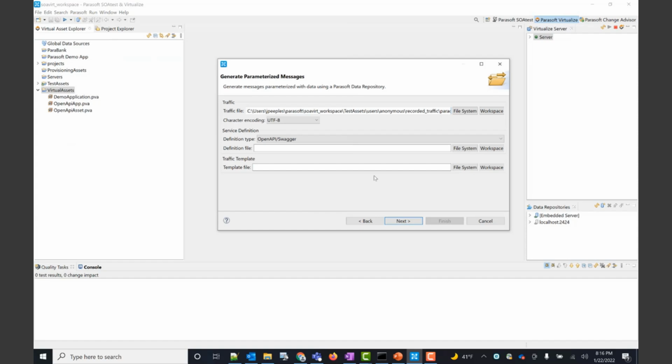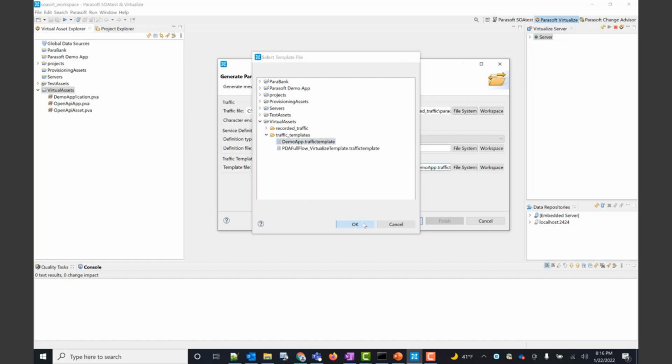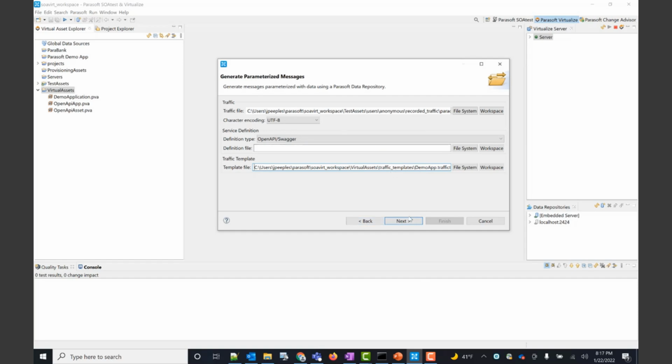And then we have the ability throughout this dialog, it has all kinds of settings and configurations, and you can save those into what we call a traffic template. You can save all those configurations and then apply them by just going to your workspace and then applying that demo app traffic template. So we'll click OK. And now we'll click Next. And after we've set up that traffic template, we click Next, and it's going through that traffic template and those recordings and determining all of the responders that it's going to create.